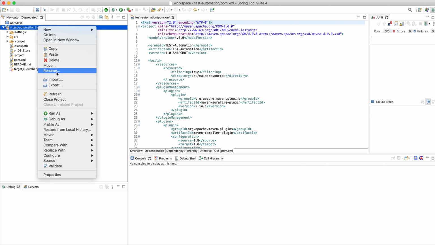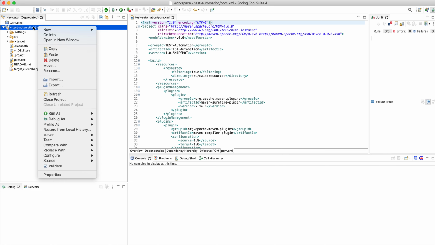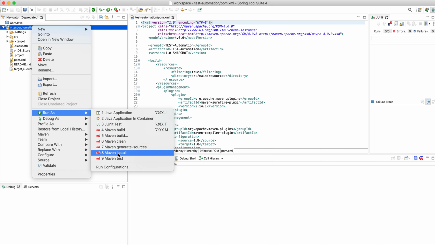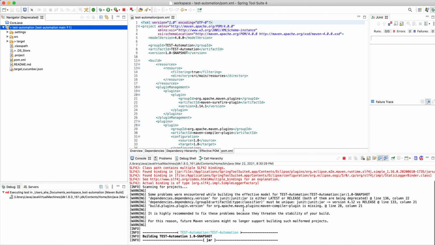You can do one thing. Go to Maven, or you can do run. So when you do Maven test, let's see what happens.